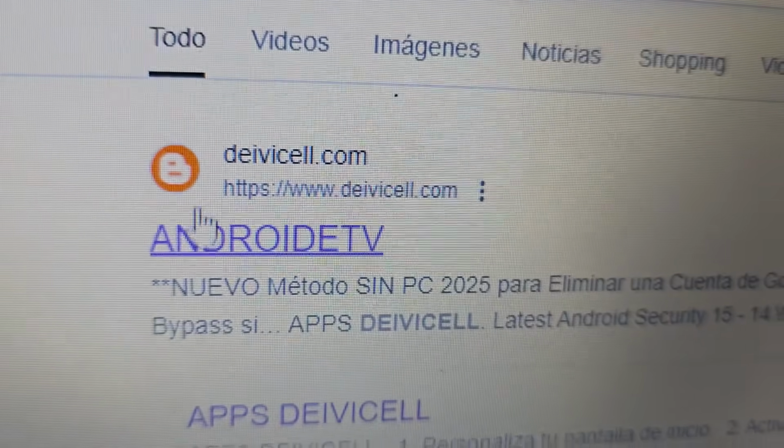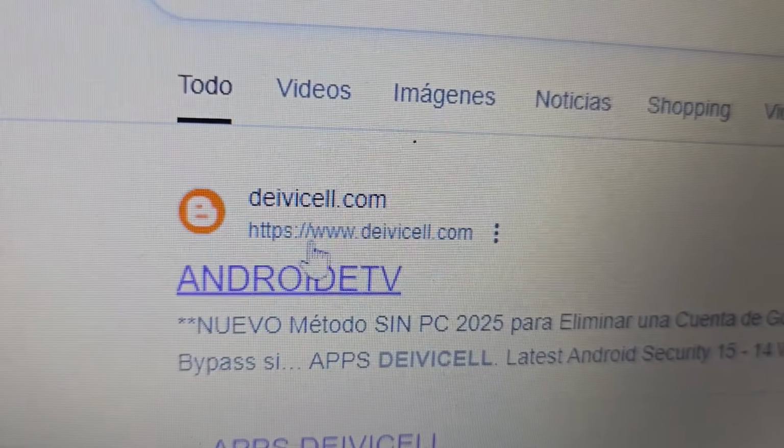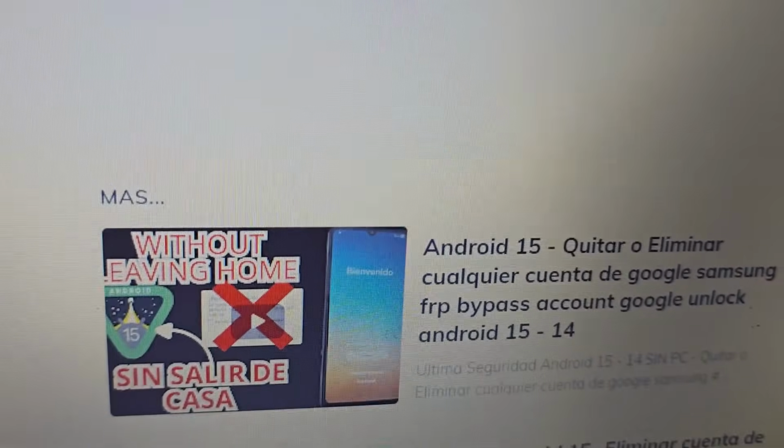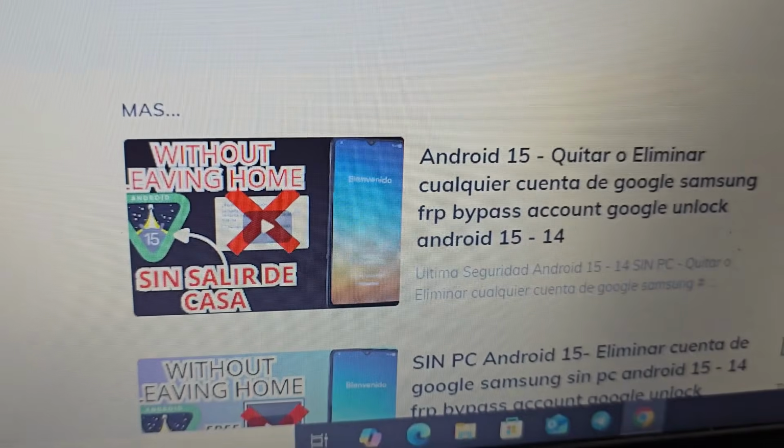Then you will see this option, Android DTV DevSL. You're going to click here. It's going to take you to the website. There are several completely different methods, updated. There are several methods here,